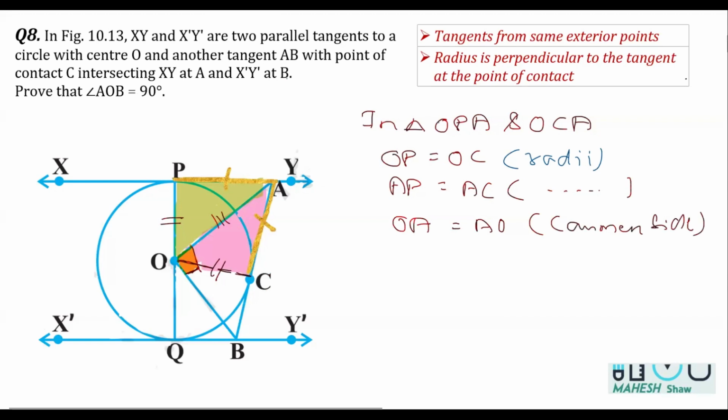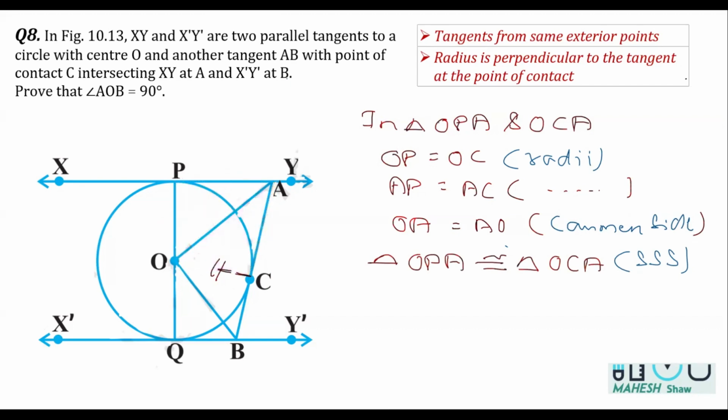So this is because of the three reasons, right? Congruency condition, we can say that the triangles are congruent. So the triangle here is whatever I named, that is OPA is congruent to triangle OCA. And the congruency condition applied is SSS. Now, once we have proved these triangles as congruent,